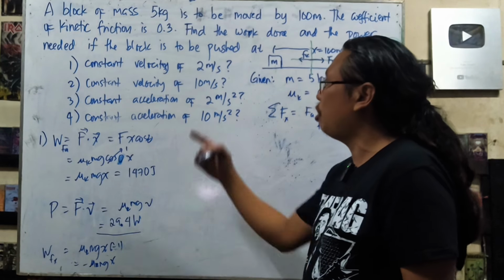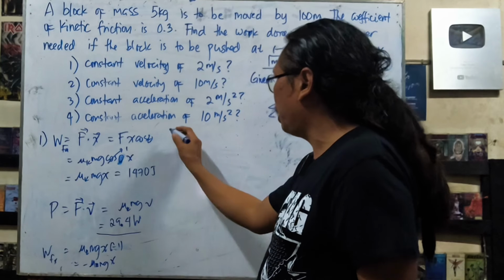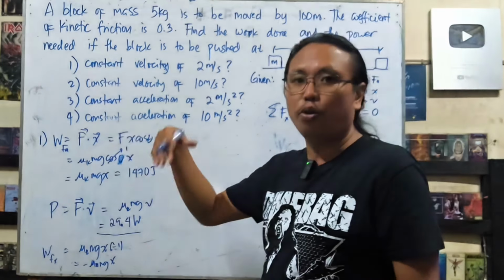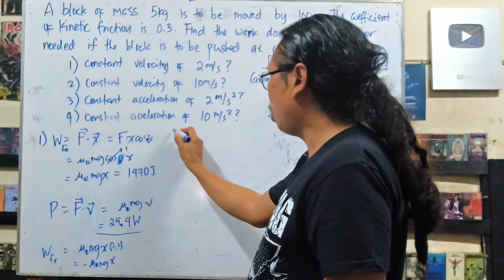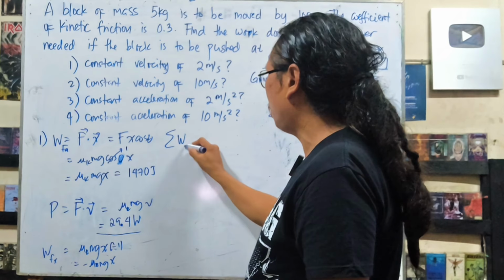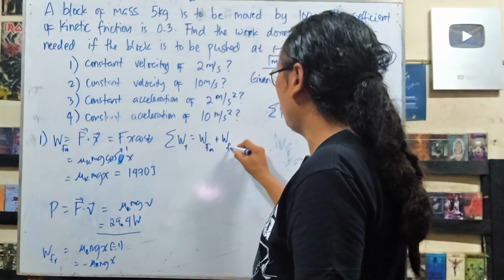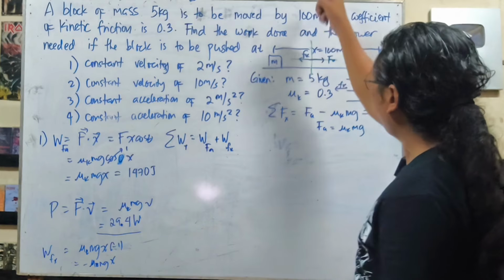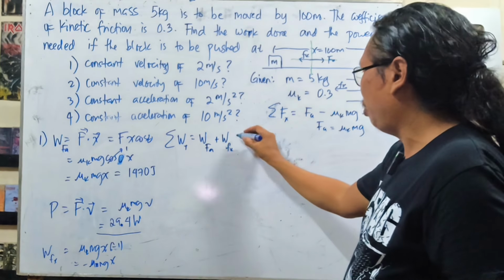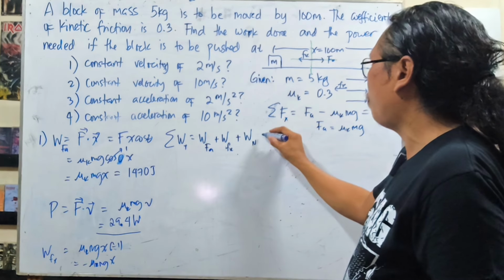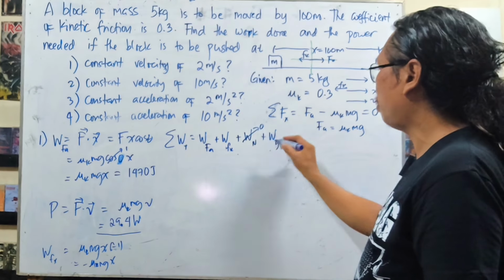It's actually because there's no net force. What's the total work done? The total work done is not in the question, but for demonstration purposes, I'd like to answer that one. So the total work would be the work done by the applied force plus the work done by friction plus, okay, the normal force does no work. Why? I think I should write it here. The work done by the normal force and the work done by the gravitational force, both of these are zeros.